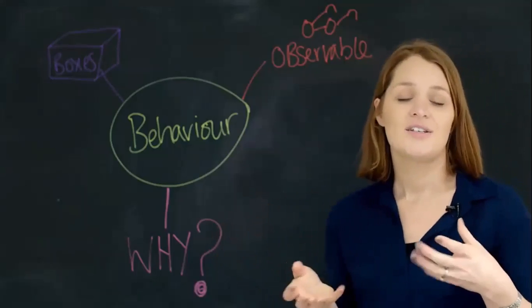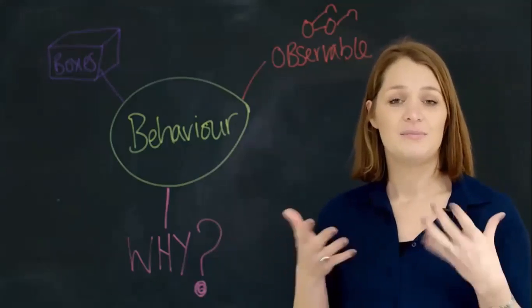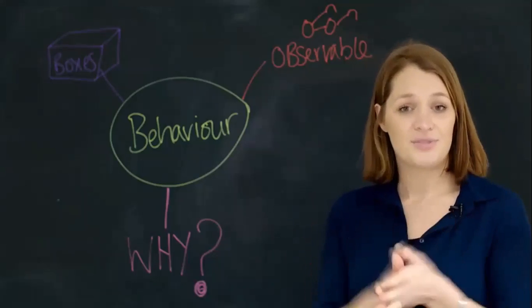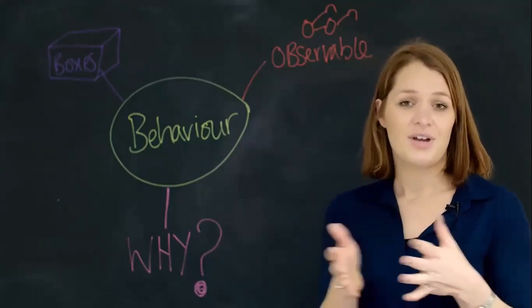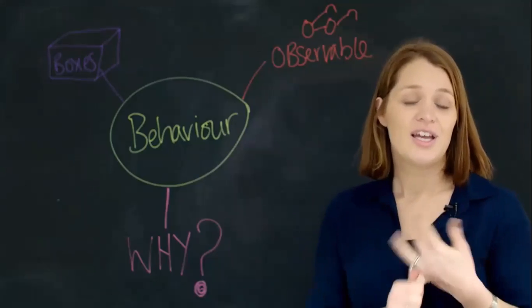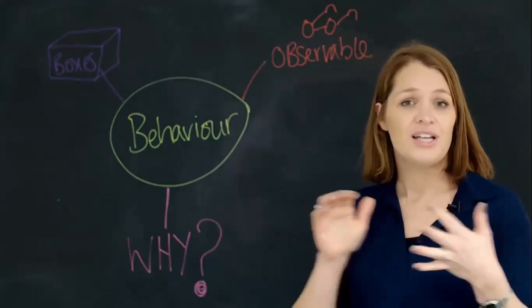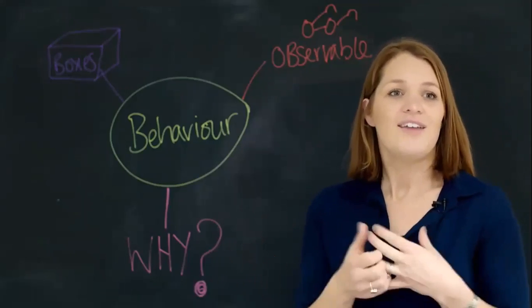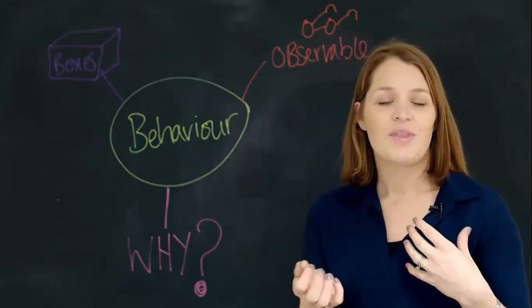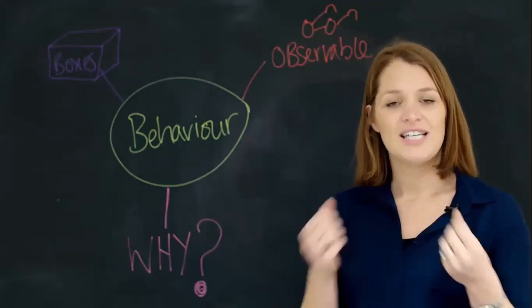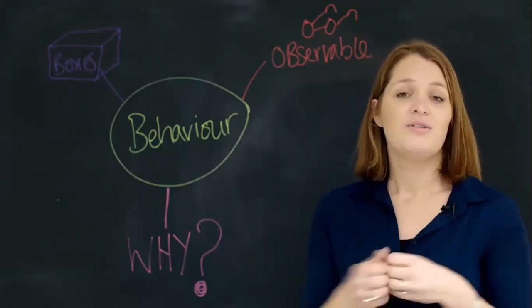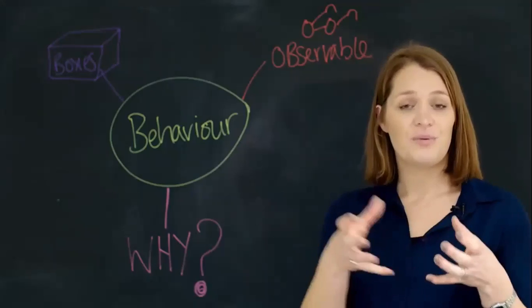Okay, so thirdly is the why. Why is knowing about people's behaviour in the workplace important? Well, think of it like this. If you've got colleagues who know their strengths and can play to their strengths, they're more likely to be engaged, they're more likely to be more productive, they're more likely to be happy in the workplace, and they'll probably stay longer in their jobs. If you have teams that are aware of their strengths, you'll find it easier to allocate the tasks to the right people. You'll find it easier to create teams because you'll know where the strengths of your